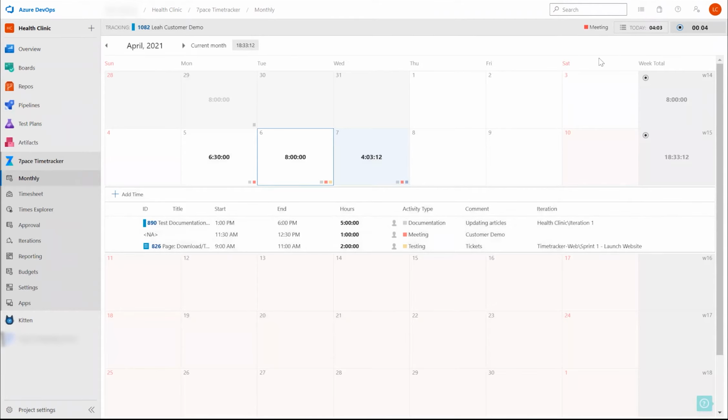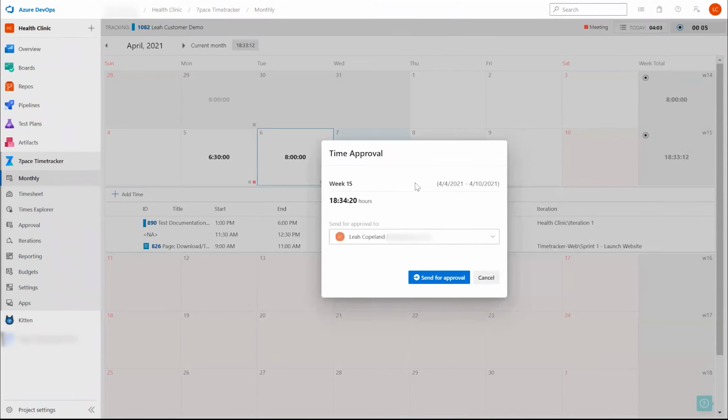And from the monthly page, you can also submit time to your approval manager. So at the end of every week, you'll see that there's a submit for approval icon, and when you click on that, you'll see this time approval dialog box display. And within settings,